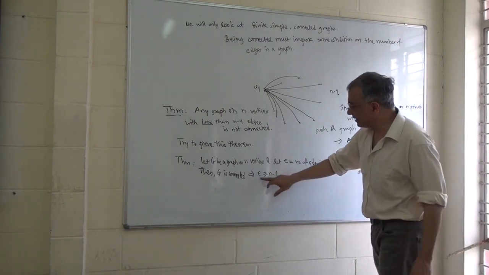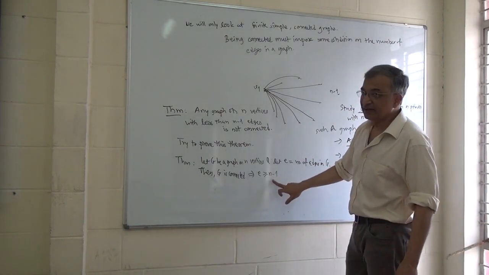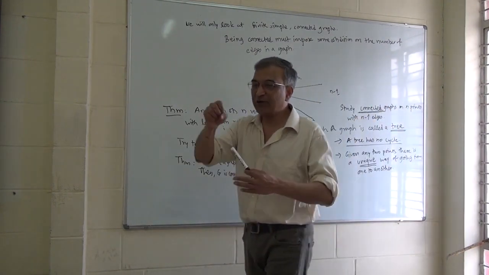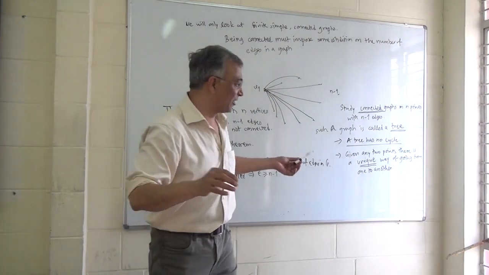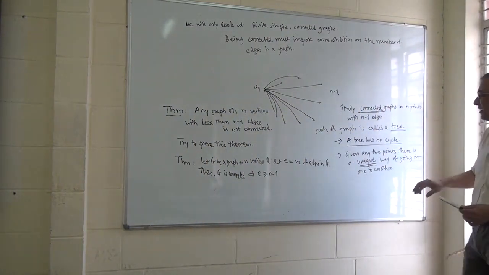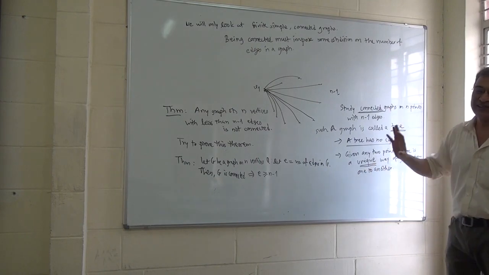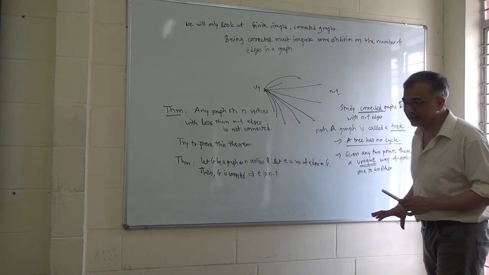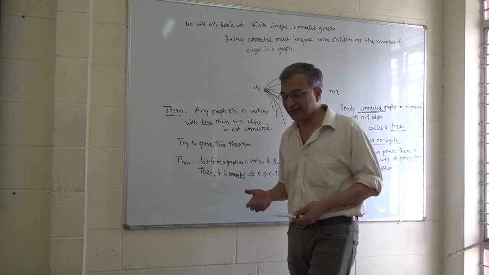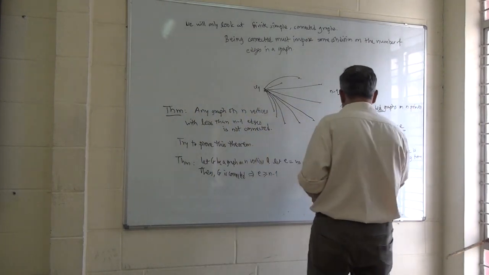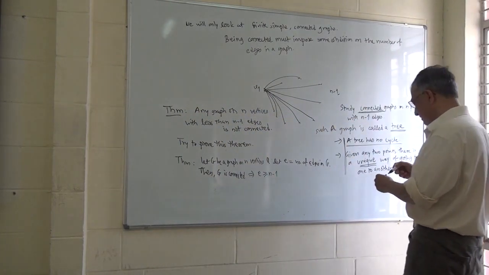Since this is the least number of edges, if you have too many paths of going to the same place, I will drop one of the edges and still I can go from that point to another point. So there is no more dropping of edges allowed. So therefore there is only a unique way. This is the vague proof. Again, all these statements you can check in any standard graph theory book or on the net. I don't want to get into these proofs right now. Okay. So these are the kind of characteristics.